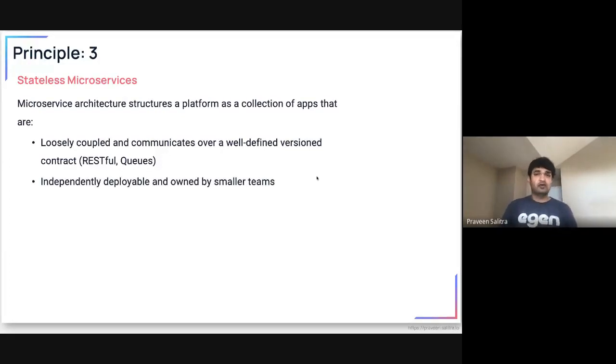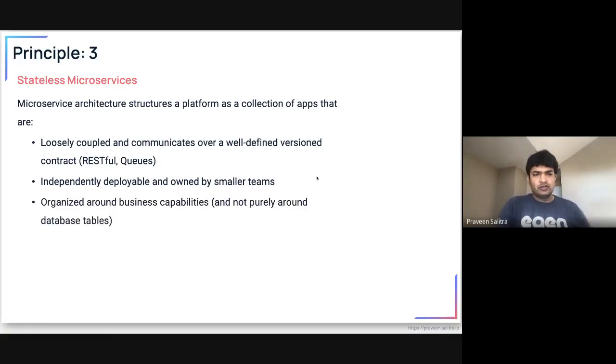And if your organization demands it, you can have smaller teams specifically tied to these services or a group of these services. These smaller teams of engineers can take care of development, enhancements, deployment, operations, things like that. And we have done it. We actually go with that model of engineering. So again, make sure you organize these capabilities based on business and not purely around database tables.